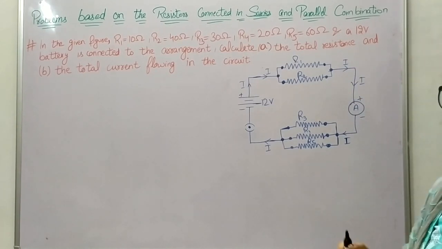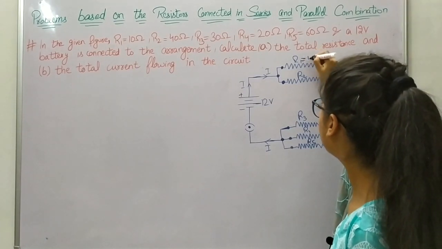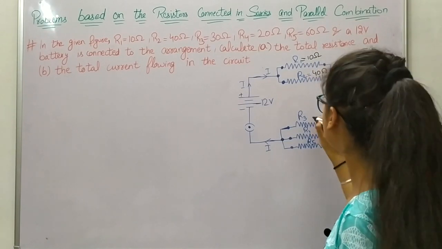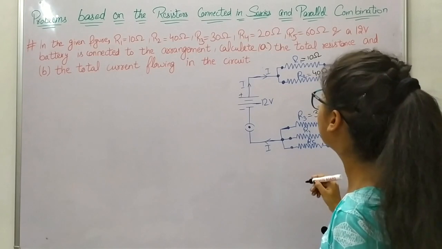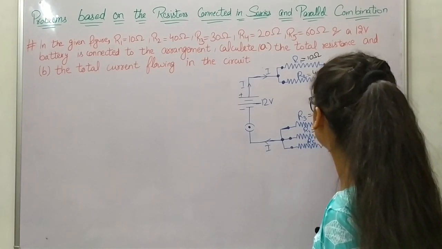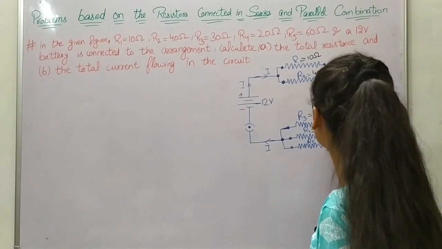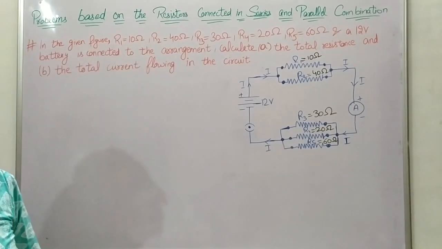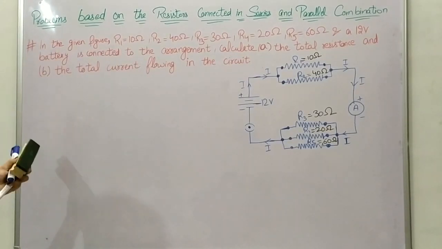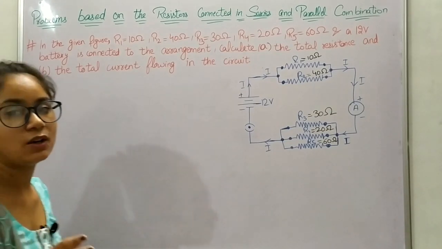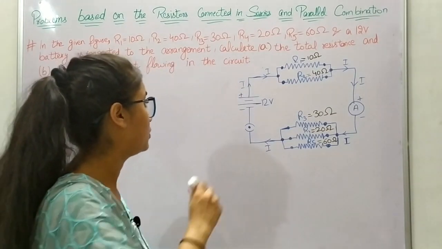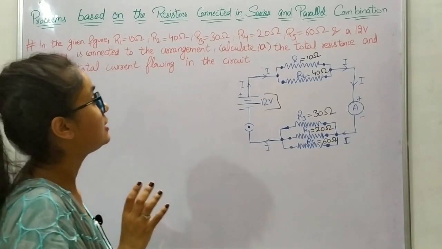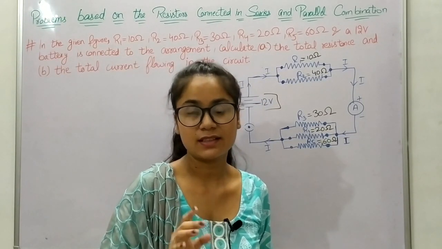We are provided with resistances R1 as 10 ohm, R2 as 40 ohm, R3 is 30 ohm, R4 is 20 ohm and R5 is 60 ohm. These are the values of these 5 resistances. And a 12-volt battery is connected to the arrangement. So we have to calculate the total resistance of this electric circuit in the A part, and